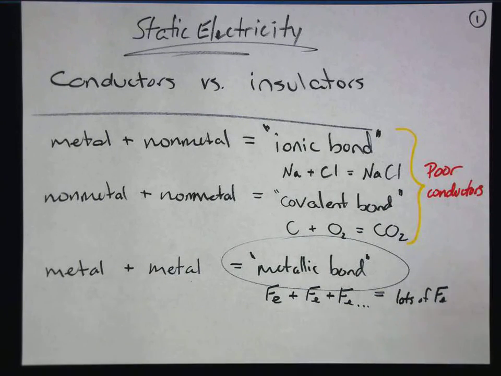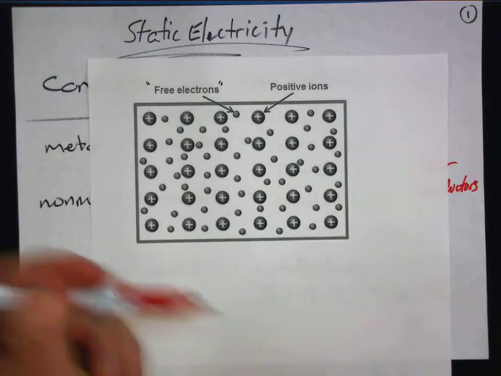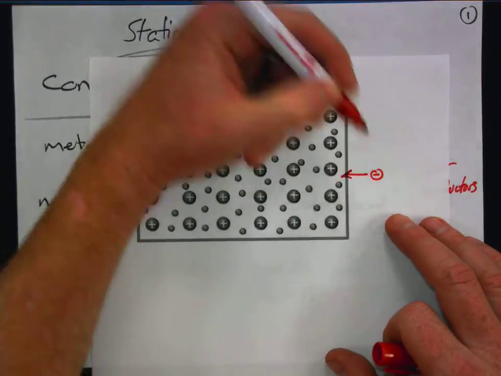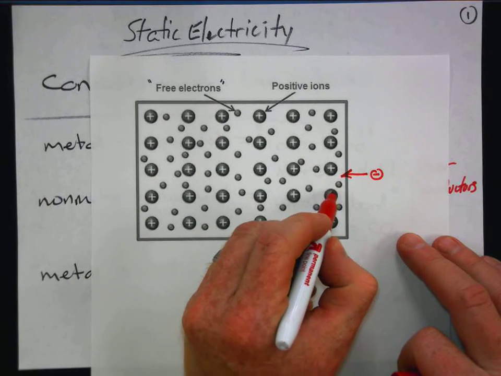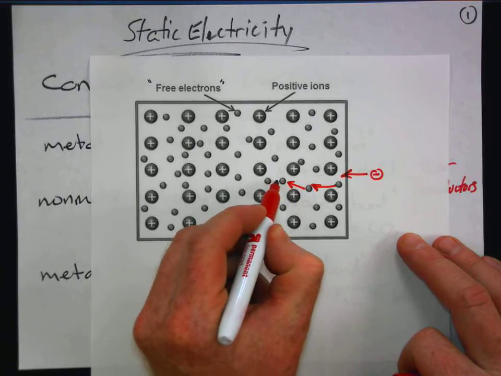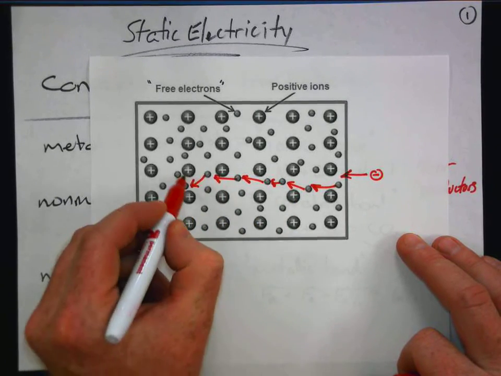Well, now, why are these metals such good conductors? The atoms hold onto their electrons rather loosely. I think I mentioned that. So the electrons are bumped out of place easily. So if I were to force an electron, a negatively charged particle, in right there, it's going to push this guy out of the way, maybe this way, and it's going to bump that guy that way, and he's going to bump, and they're going to just do this until